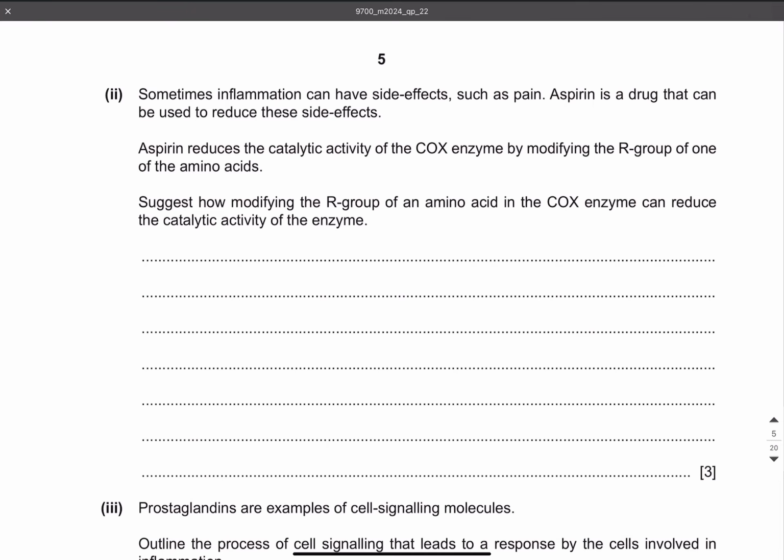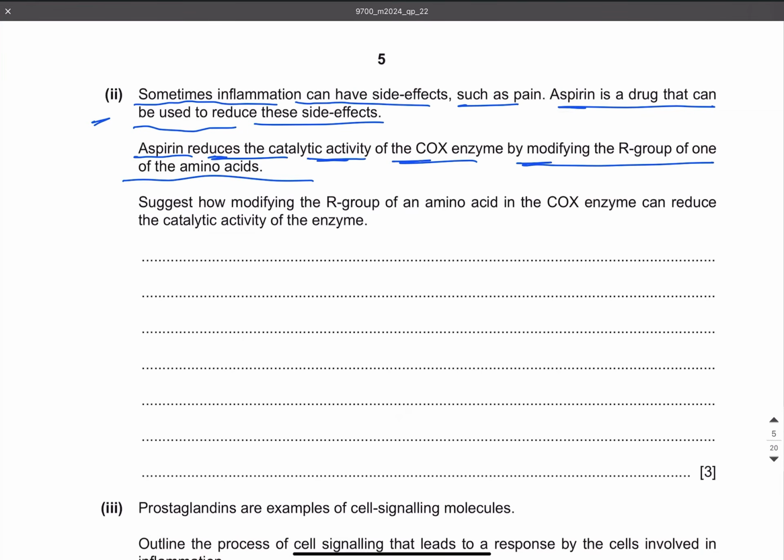Part 2. Sometimes inflammation can have side effects such as pain. Aspirin is a drug that can be used to reduce these side effects. Aspirin reduces the catalytic activity of COX enzyme by modifying the R group of one of the amino acids. Suggest how modifying the R group of an amino acid in the COX enzyme can reduce the catalytic activity of the enzyme. So they are saying that